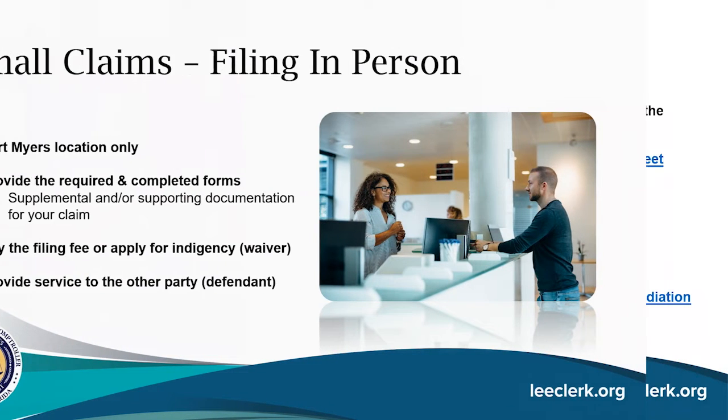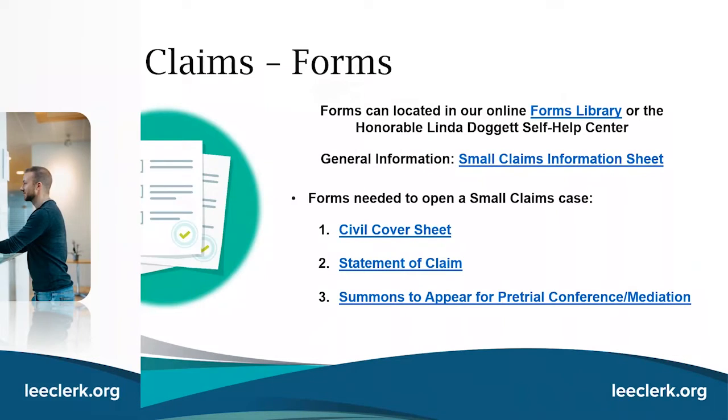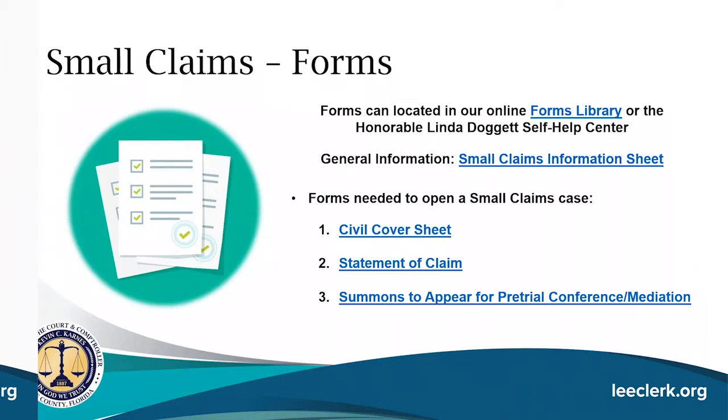So we're going to go ahead and go over how to file in person. As I said earlier, at this time, you can only file in person in our Fort Myers location. You will need to provide the required and completed forms, and this would include any supplemental or supporting documentation for your claim. At that time, you'll also pay the filing fee, or you can apply for indigency, which is a